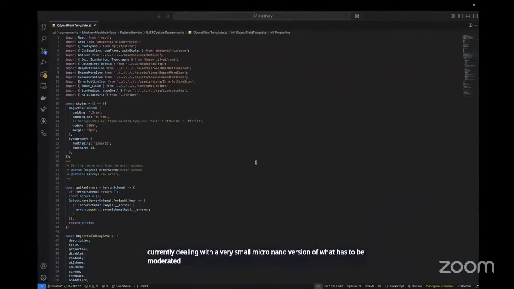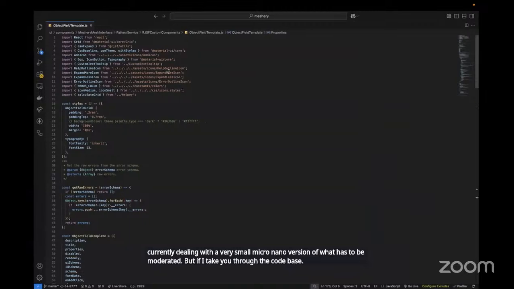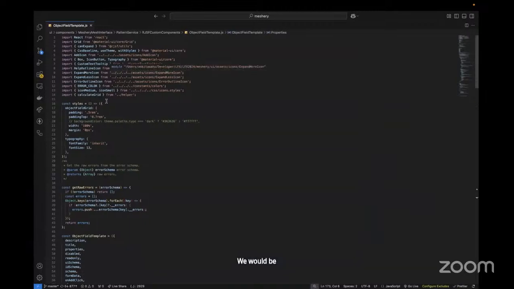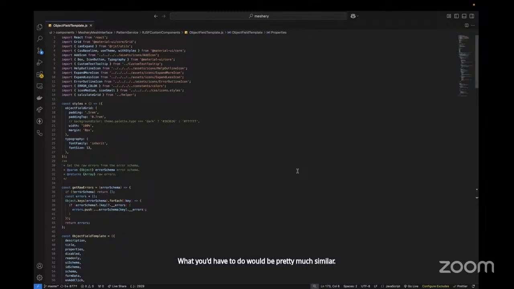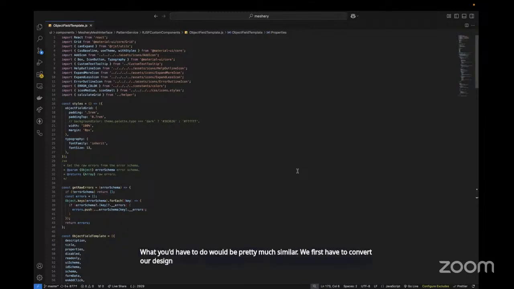If I take you through the code base, we would be following 7 steps of migrating this. To give you context, if you were to migrate version 5 to version 6, which we already have up here and might be opening a bunch of tasks on, what you'd have to do would be pretty similar. We first have to convert our design system to use Material UI version 6.